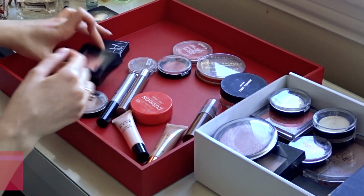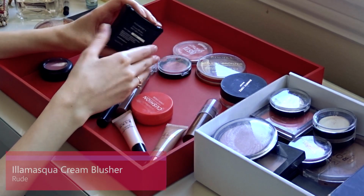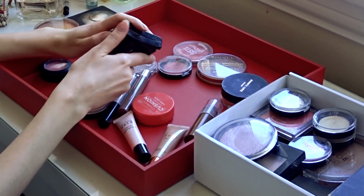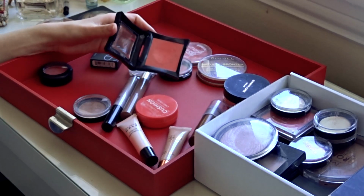Next thing we have this cream blush from Illamasqua in the shade Rude, and it's a beautiful product. I've been using it for a really long time. It says 9 months after opening, so this is expired, which would explain why it didn't perform as nicely as it used to. I'm not sure if I would repurchase this for the reason that it doesn't stay throughout the